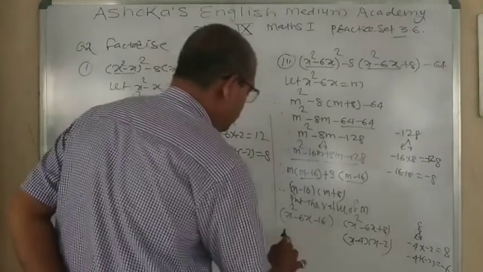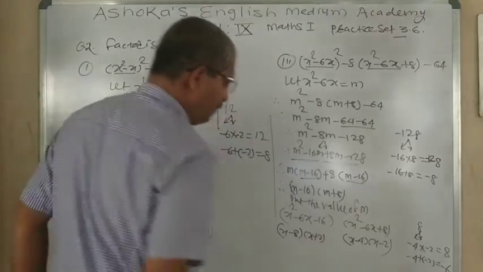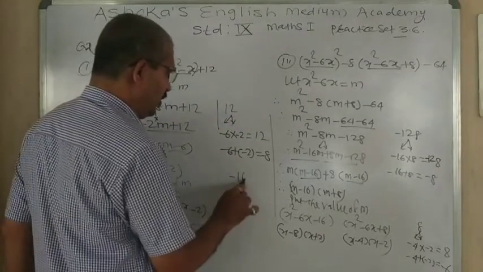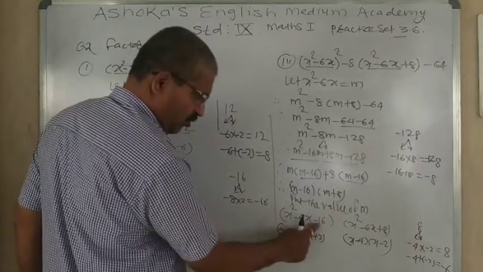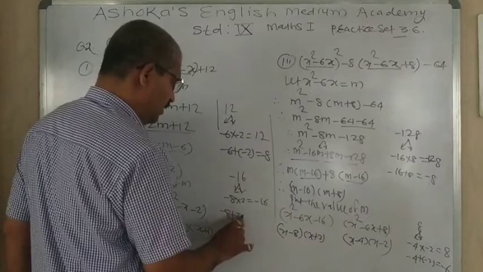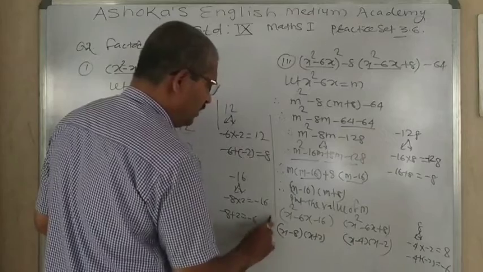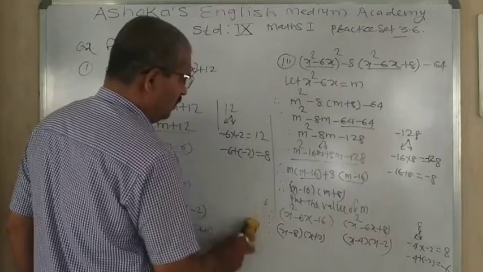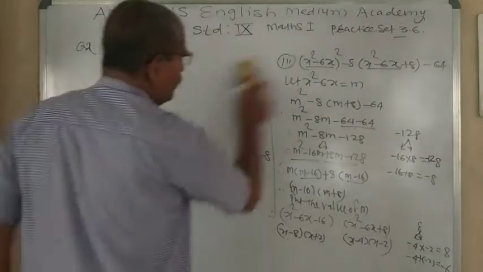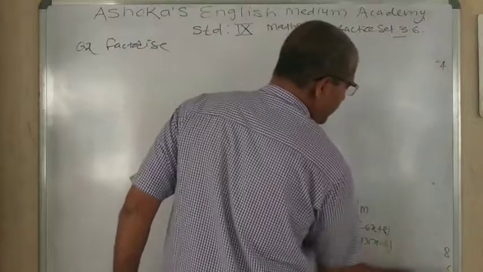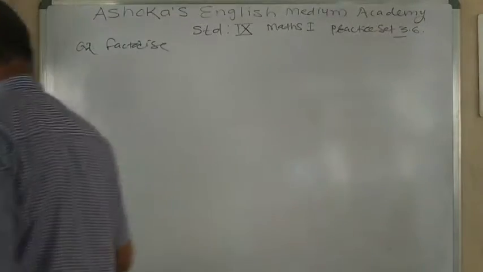Similarly, here we can split x minus 8 and x plus 2, because minus 16 means, look, if we take minus 8 into 2, you will get the constant term. Minus 8 plus 2, you will get the middle term, and therefore this is the answer. Don't forget to put the therefore sign. Now we will enter into another question. So simple, it means practice. You can't solve such questions without practice.